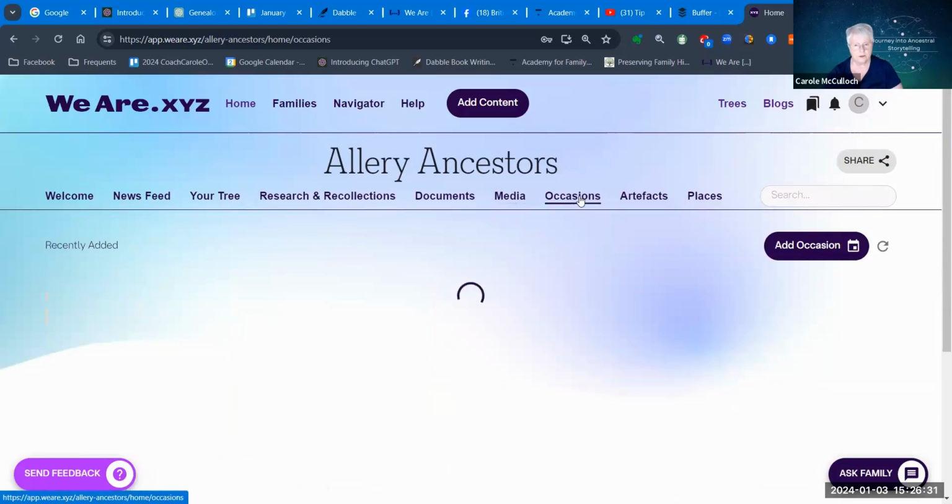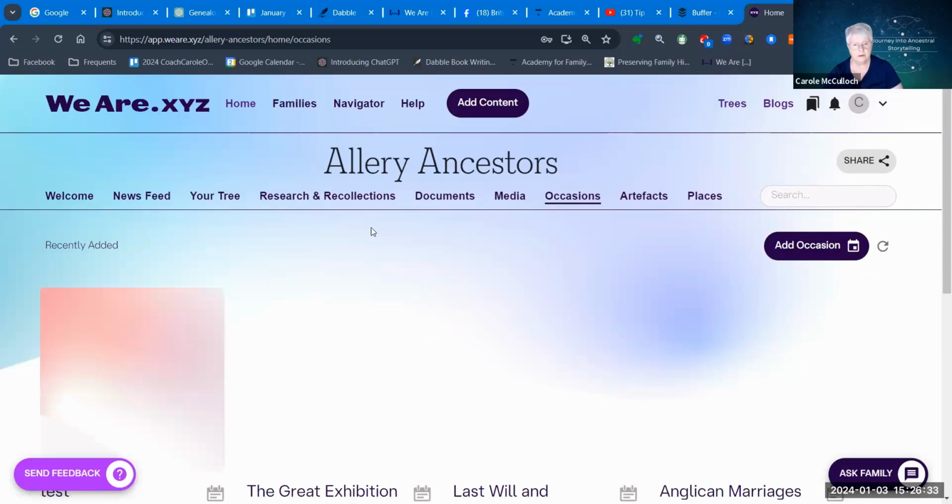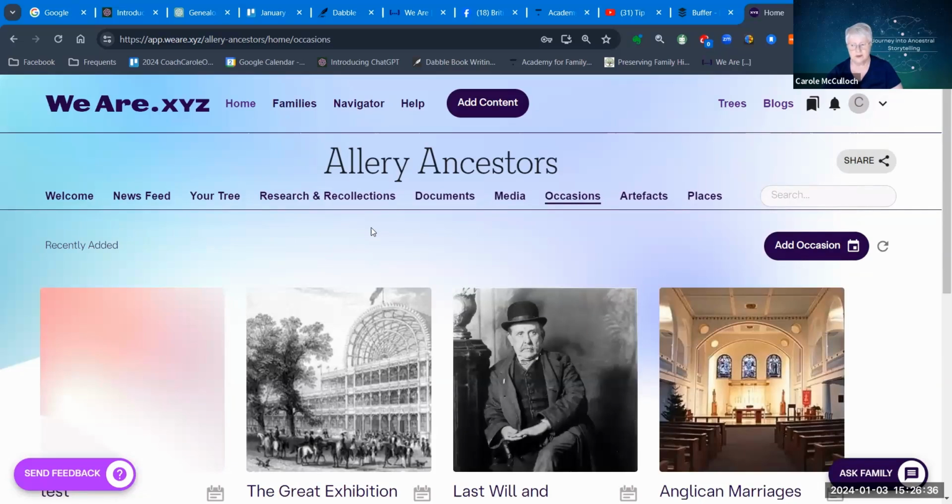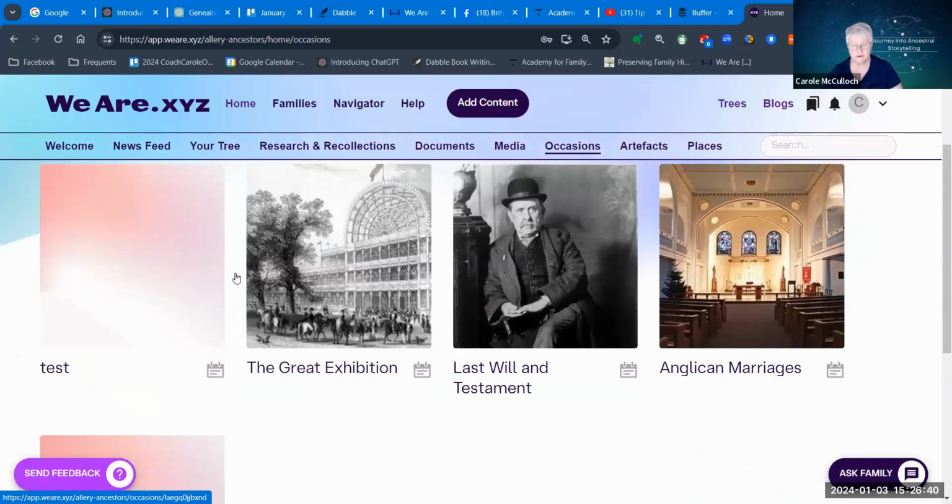Next, you have occasions, where you can document what happened on specific dates for significant events in the lives of your ancestors. A visit to the Great Exhibition, or a last will and testament, or a marriage.